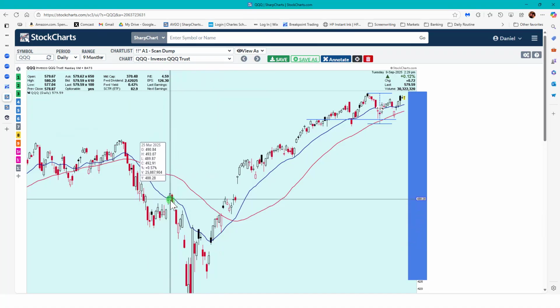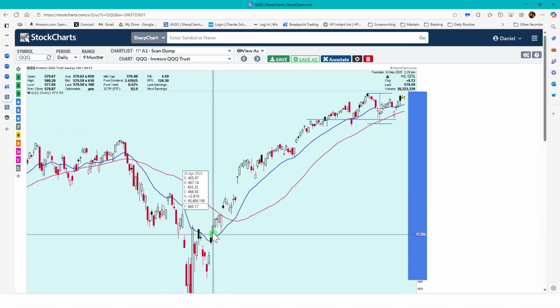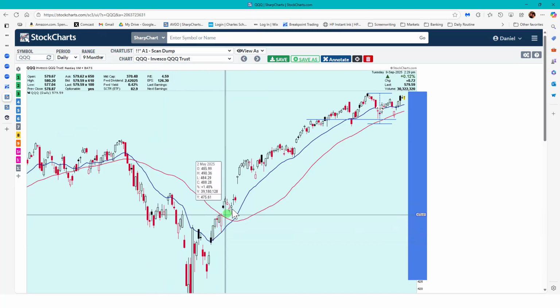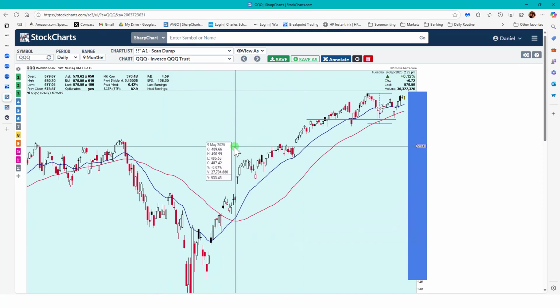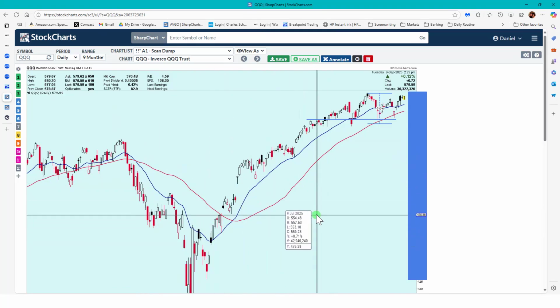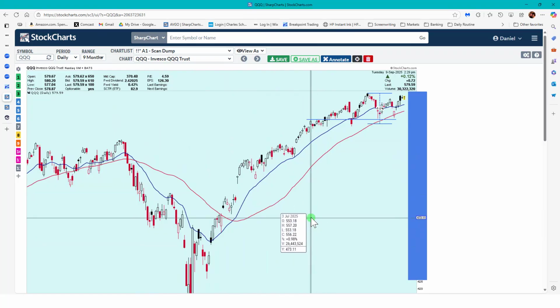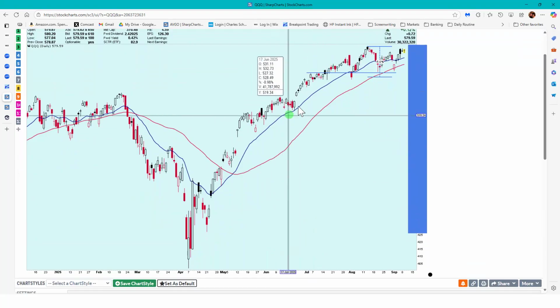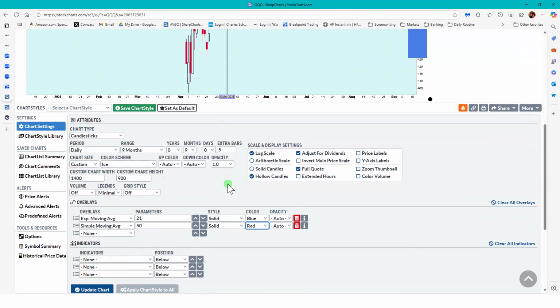In this particular case, it would have dropped back below. In this case, it didn't. So you could have waited one more day, but the stops would have been moved up in the same way, just like that. So that's how we can tell whether it really might be in a reversal, starting back into an uptrend. The other thing that we can use, in addition to the 21 EMA, is